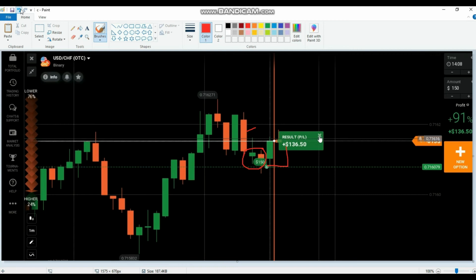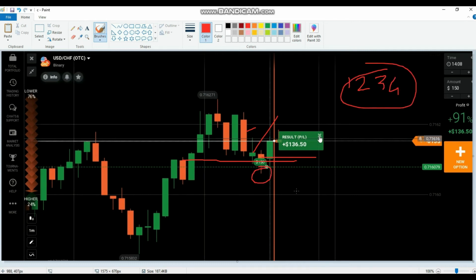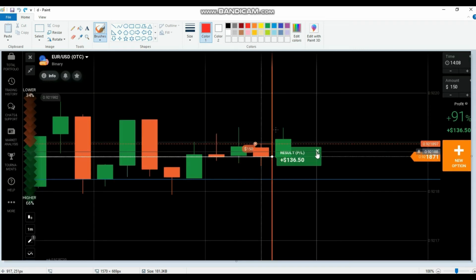Here another reason is there is a level also. So that's a very confirmed trade to go with buyers. That's the reason why I placed a call option here. We observe the market is following the green red pattern. That's one reason. And on the left side there is a level, and it closed exactly at that point. Already we saw a bullish entry, and now the sellers have become very weak, and it's a strong rejection. So many reasons to go with buyers. That's the reason why I placed a call option in this candle, and it was also a winning trade. So we can move to the next one.